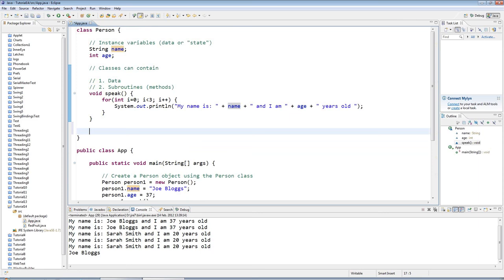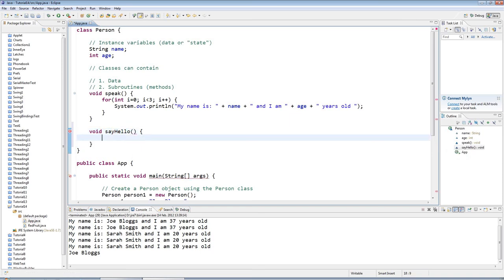And to finish off this tutorial, let's just add another one here. Like I could say, what shall I call it? I don't know. Say hello. So I'll capitalize the first letter of each word after the first one. The first one has a lowercase letter. And then because this is a new word, I give it a capital H. Round brackets like that, open the curly bracket. Eclipse has actually put in the closing curly bracket for me. And I could say, I don't know, like sys out,